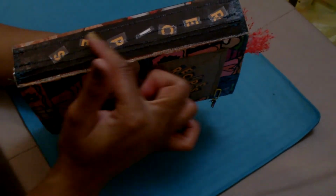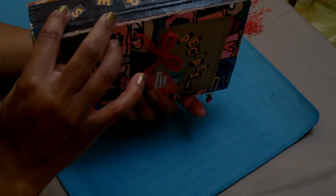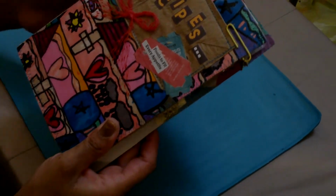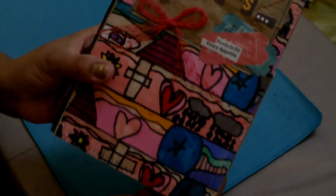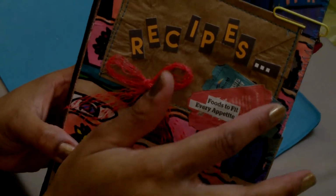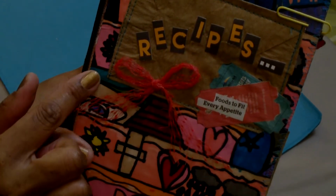first and then covered the spine with my black paper from this, and then glued on my letters, and then you wouldn't have seen the stitching through there. But it's a junk journal, so I don't mind it. But like I said, if I would have thought it through better, I would have probably done it a little different. So on the front cover here, this brown here is the bottom of a brown paper bag that I